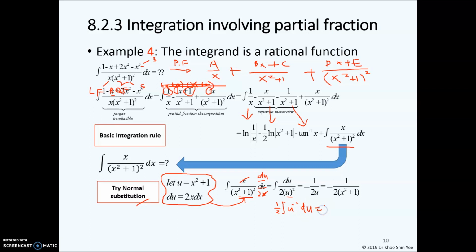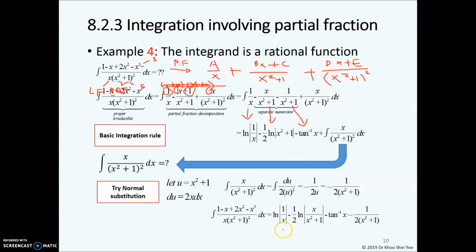So to solve this, you get u to the power of minus 1 divided by minus 1. And don't forget to multiply with your constant 1 over 2. And you should get this. Let's substitute the u. You should be able to get this result. So with that, we are able to compute all the results. This one, we get it here, we substitute. And the other three are obtained from